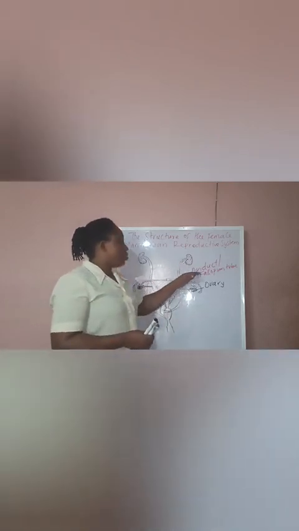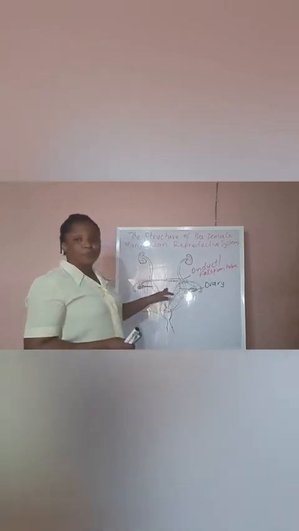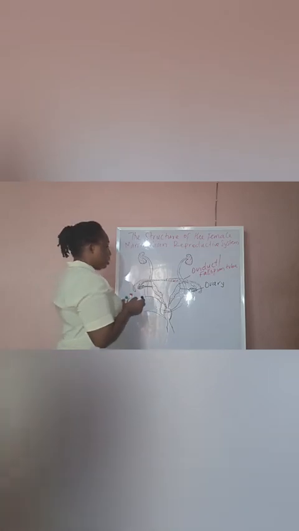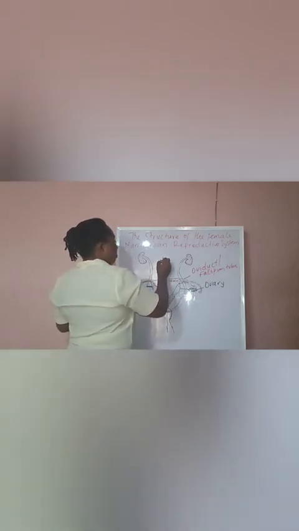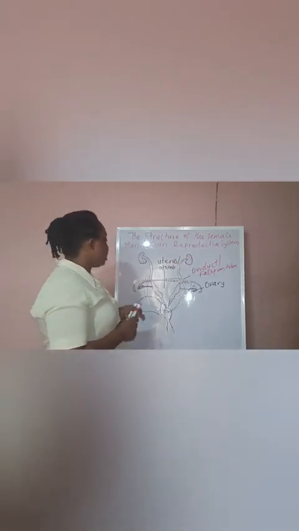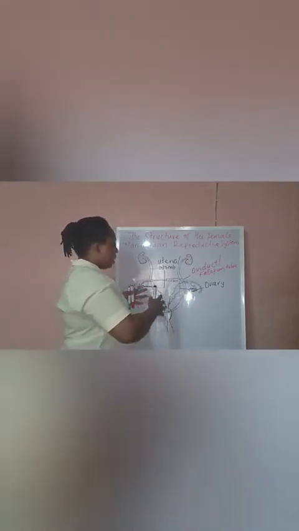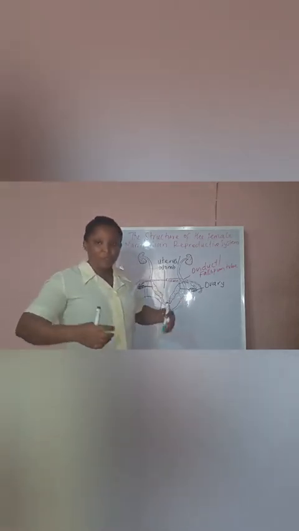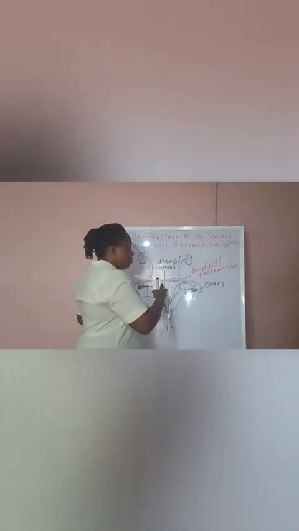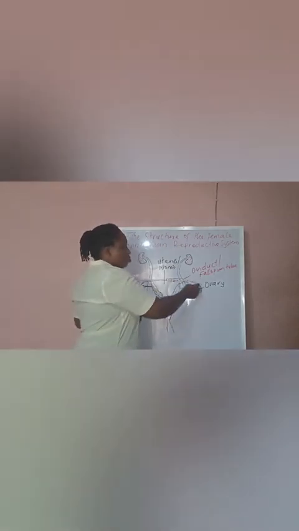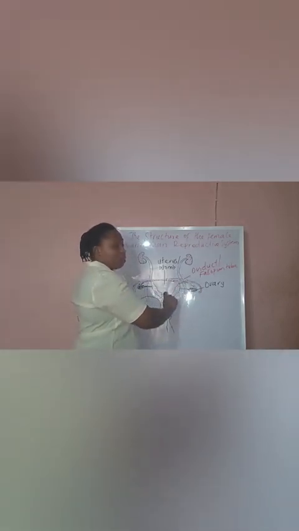So the oviduct is what connects the ovary to this part, and the name of this part is the uterus, otherwise known as the womb. Uterus or the womb. This uterus is a muscular organ that is capable of expansion, so it accommodates the growing zygote. When this zygote, the product of fertilization, moves from the oviduct, it moves down into the uterus